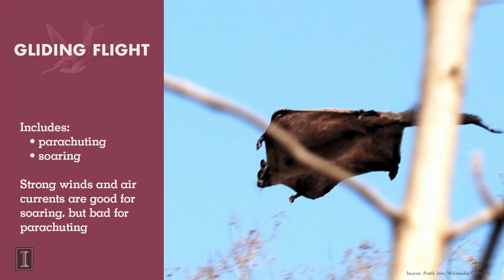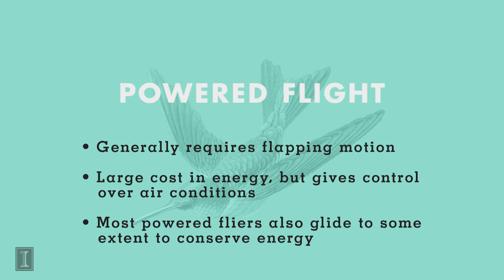The next one is gliding flight. Gliding flight is where you have a wing structure that's not being flapped or moved, but is stable, and it allows you to be buoyed up, in the case of air, on masses of air that have different temperatures, or of course if you're in the water, you can glide through the water. Then the last one is powered flight, and powered flight is the one that we think of the most when we say flight. That is when you have muscular control over your wing structure, and it allows you to have great adaptability and motility as you move through the air, or in the case of the water.